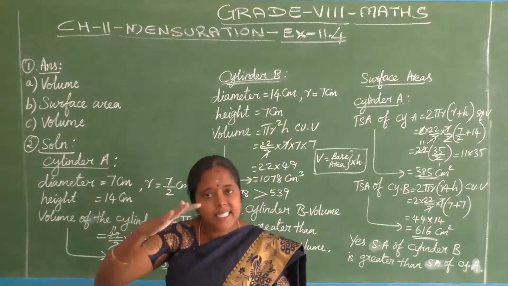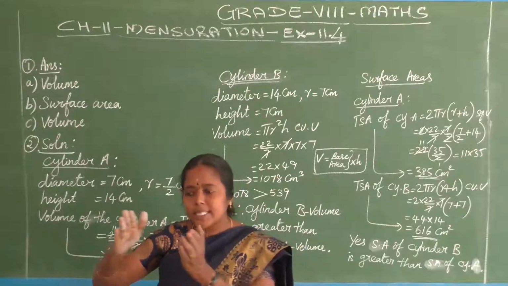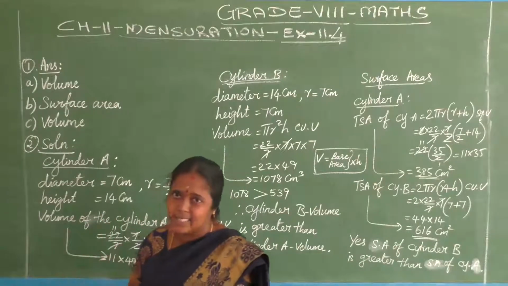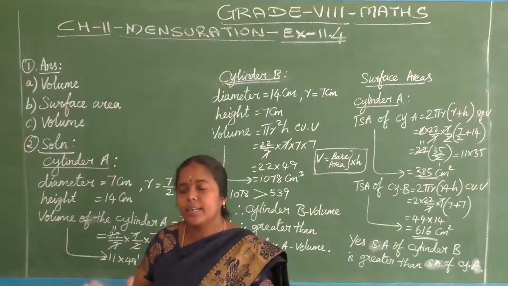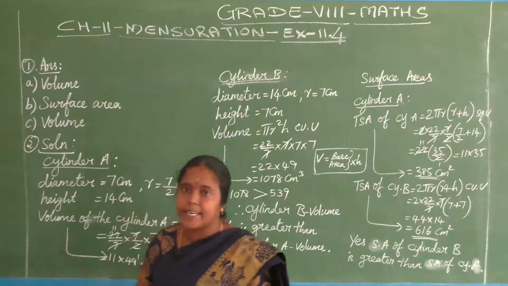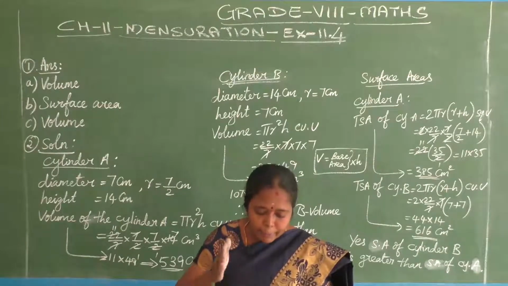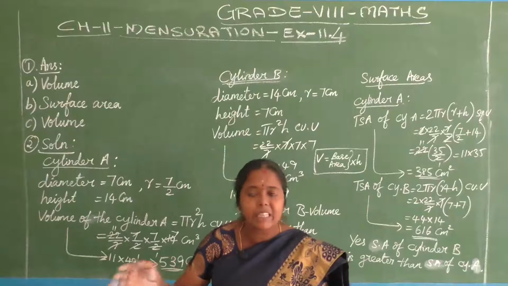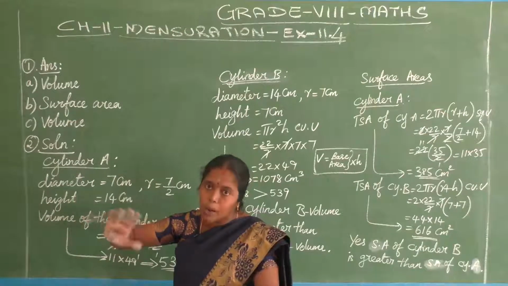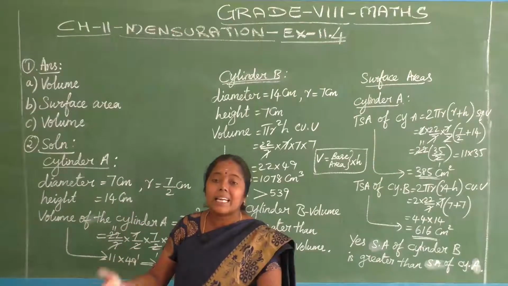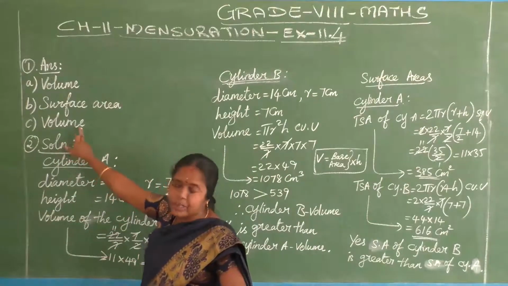Actually, the given tank is a cylinder, that is, the cylindrical tank is filled with water. That water is transferred into the smaller tanks. So for transferring the whole cylindrical tank, how many smaller tanks are needed? This is the question. They are telling us to find the number of smaller tanks that can be filled with the water from the bigger tank. So water filling, the whole amount of space occupied by the cylinder, is nothing but capacity or volume. So in the third situation we will definitely find volume only.